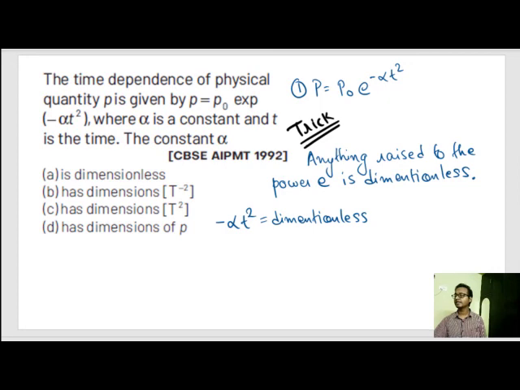and t is nothing but time. So in order for this to become